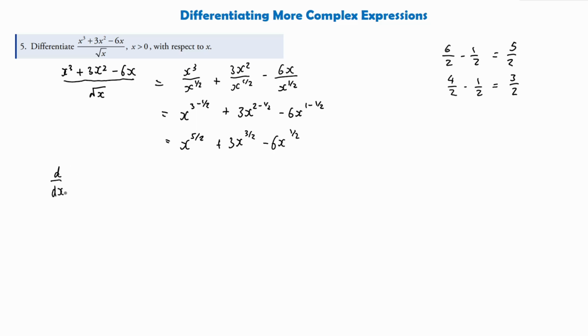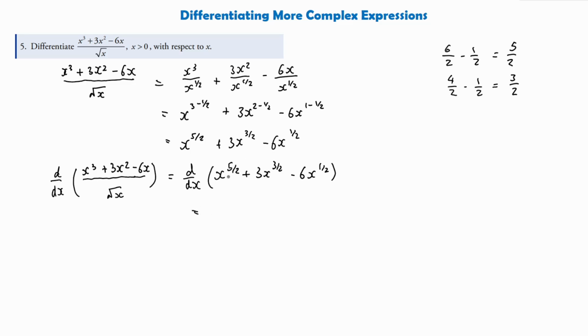So we would say that d by dx of this fraction here, all over the square root of x, we said is the same as the derivative of x to the 5 over 2 plus 3x to the 3 over 2 minus 6x to the half. And when we differentiate this, again, we're just doing the derivative of each part. So we're going to get 5 over 2x. Subtracting 1 from this, we should immediately see it's just 2 over 2. So we're going to get 3 over 2